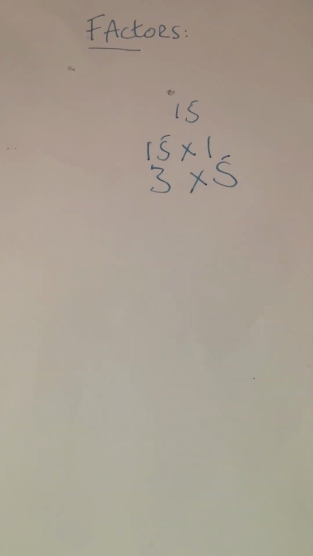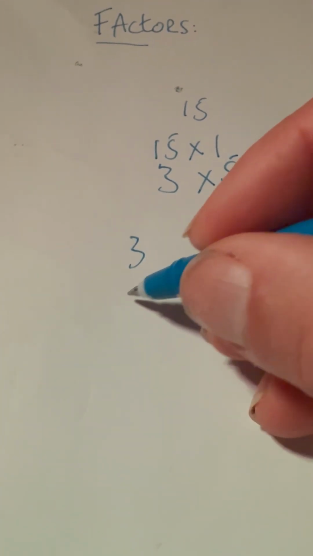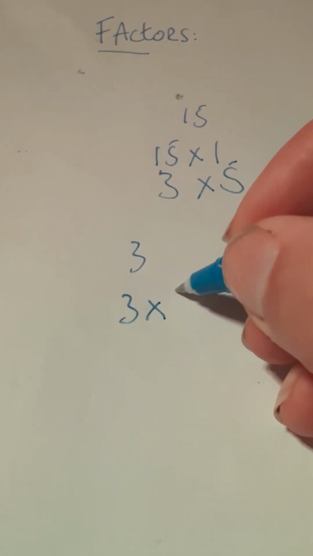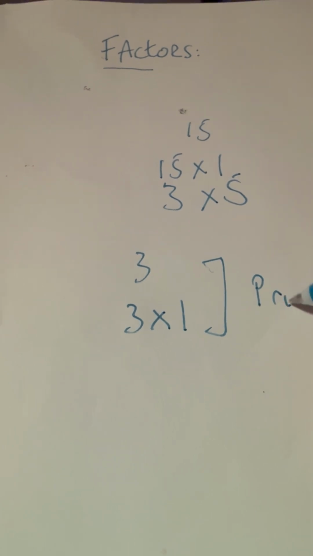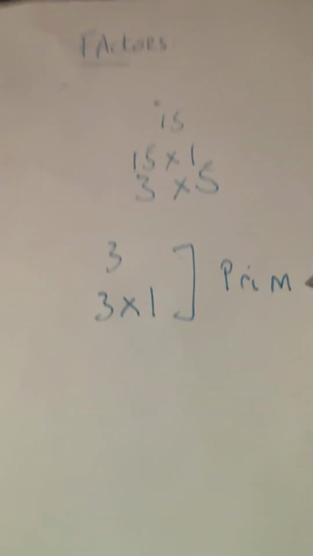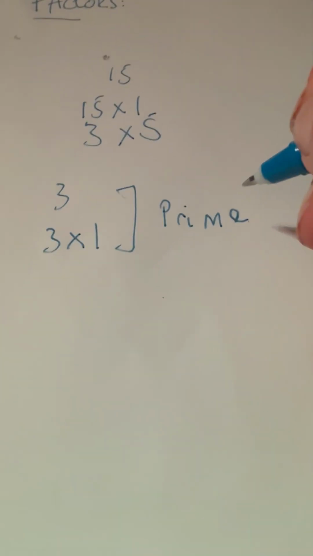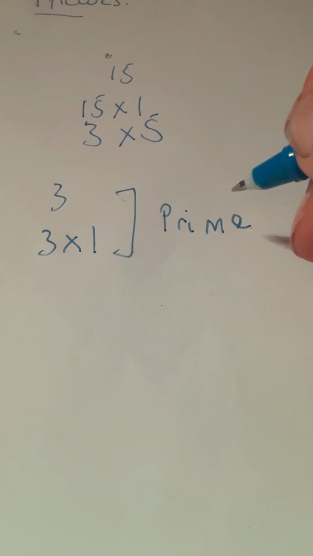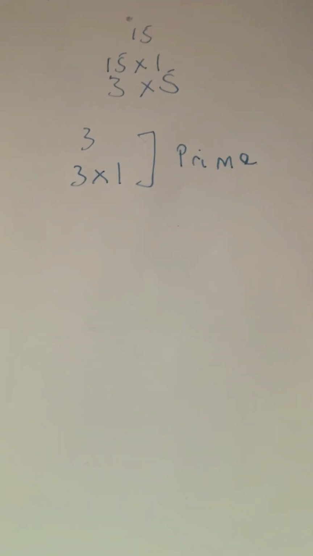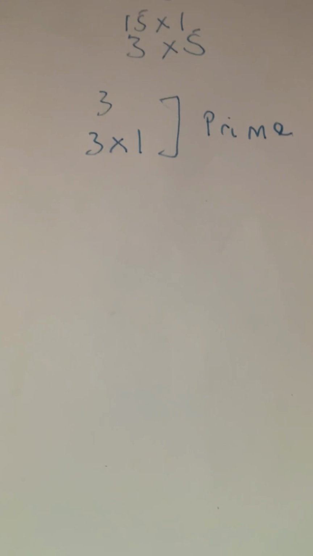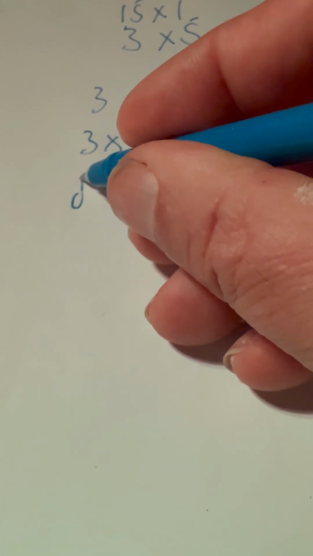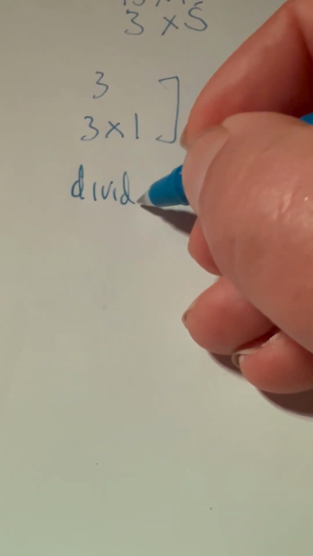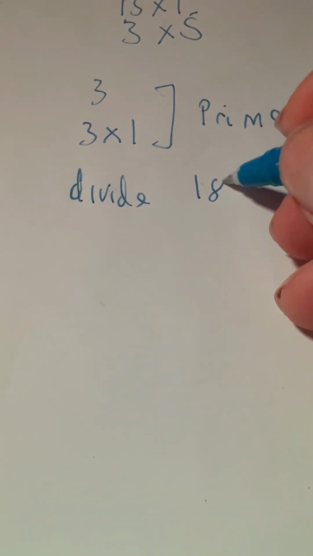And if it's like 3, and 3 can only be made up as 3 times 1, that is a prime number. And all non-primes have factors, have combinations of numbers that will times together to give them. Within these numbers, prime factors are important because once you get down to the prime factor, you can't go any further. So, for instance, if I was asked to divide 18 into its primes,